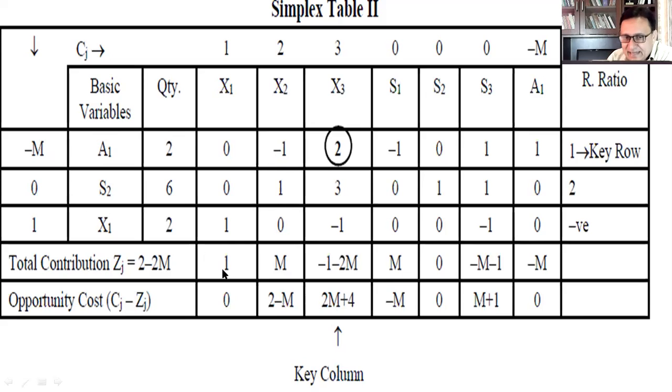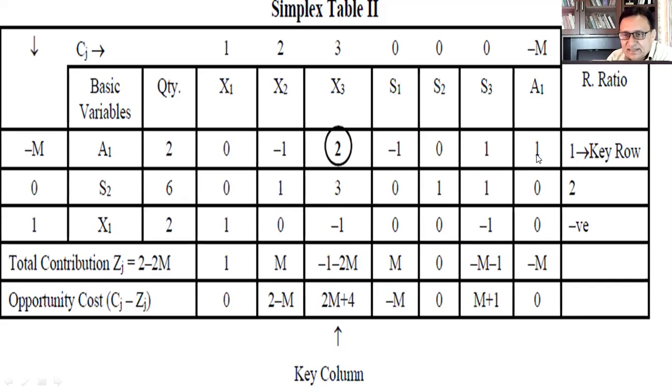So here it is M, in the first column it is minus M plus 1, in the second M has come, in the third, 2 multiplied by minus M, minus 2M. So similarly here the third is 0, and minus 1 multiplied by 1 will become minus 1. So it will be minus 1 minus 2M. Similarly here plus M will be there, minus M multiplied by minus M gives plus M, the others will be 0. So here 0, 0, and 0, it will be 0. So here minus M, 0, and plus M, minus M, minus M, minus M, minus 1.